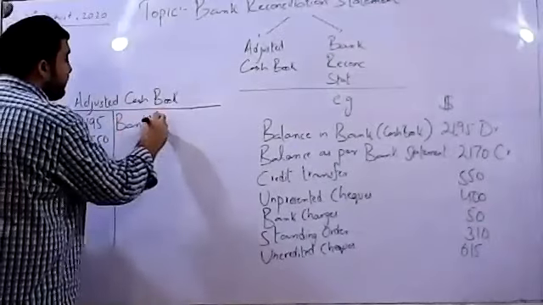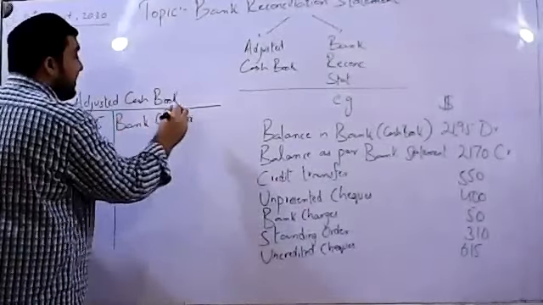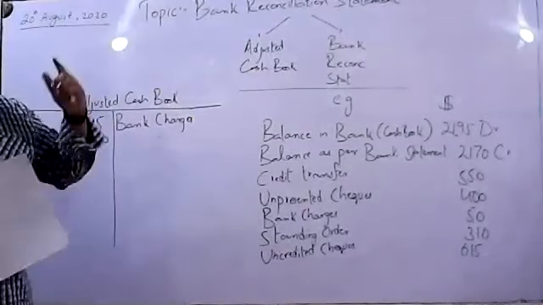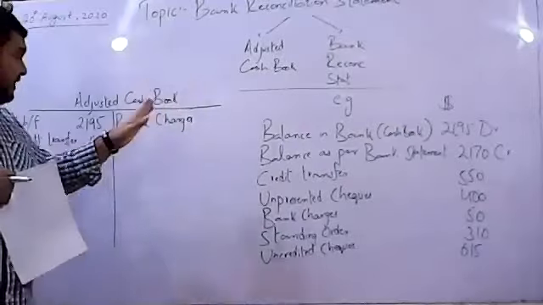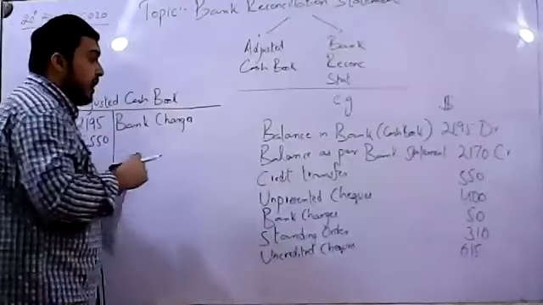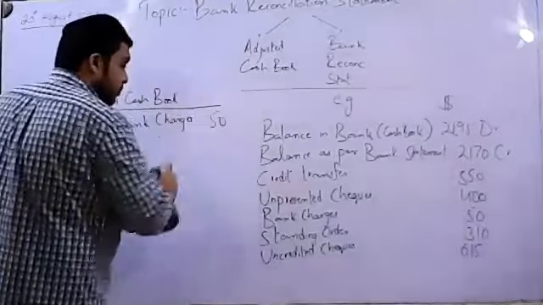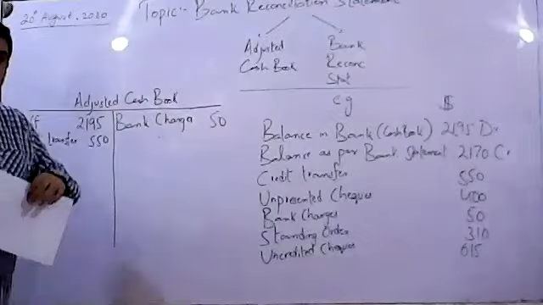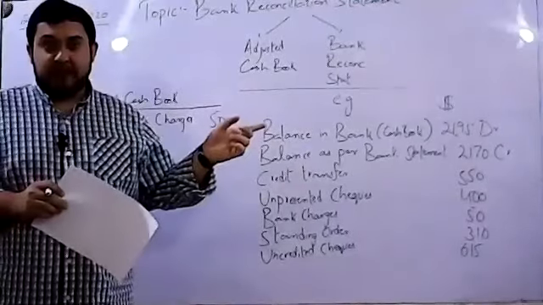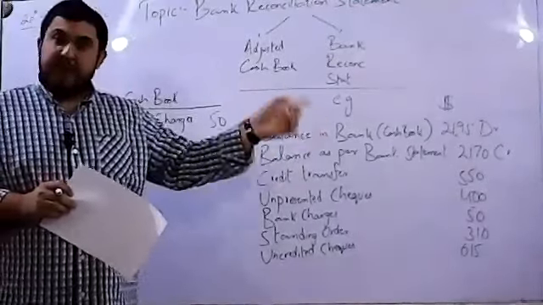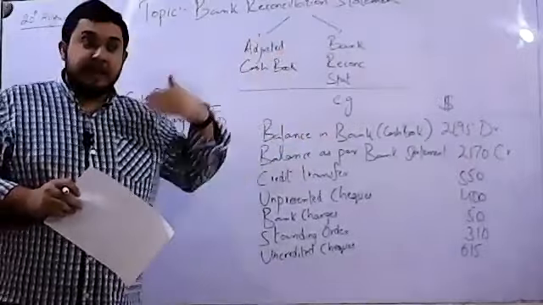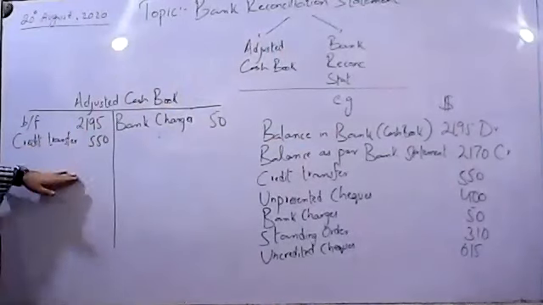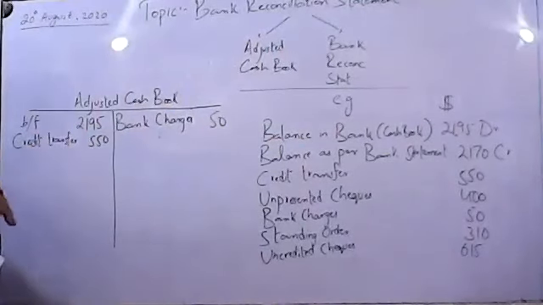Bank charges are then recorded into the adjusted cash book. What happens is that the bank directly deducts some financial charges, some service charges from our bank account. Bank records it into the bank statement, and then we make a record in the adjusted cash book whenever we reconcile the balance, and that was worth $50. Same is the case with credit transfer. Credit transfer was an amount that was sent directly to our bank account. The bank recorded it in the bank statement as a credit balance. Now that we know this amount has been transferred into our bank account, we'll be debiting our adjusted cash book as well.